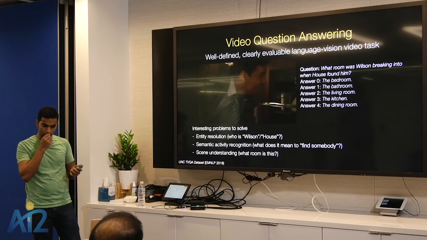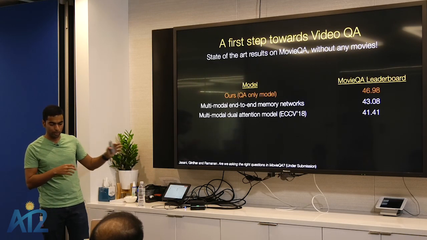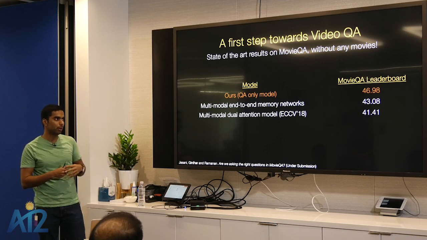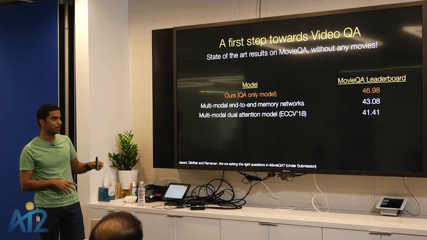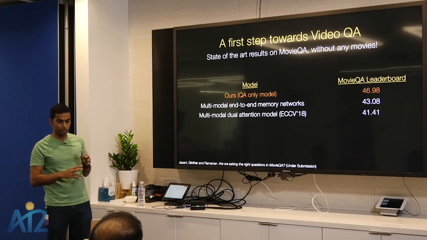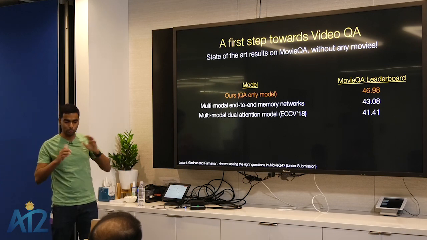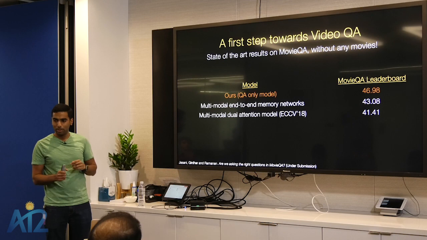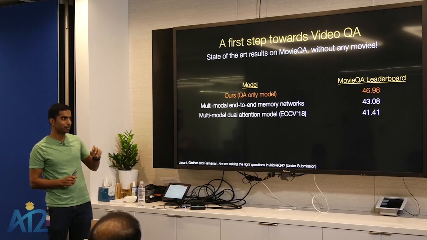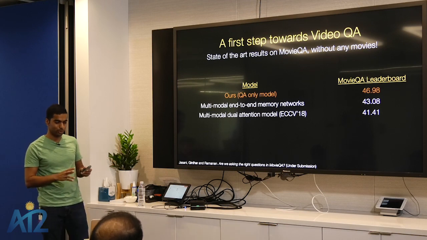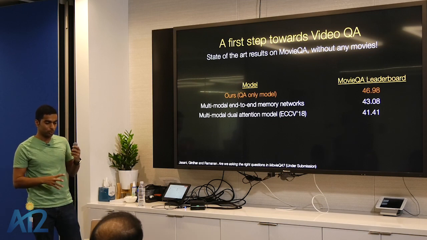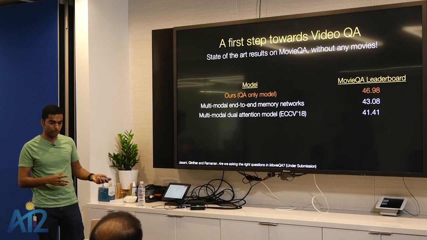And actually, I've been mentoring a master's student on some initial work in this direction, and we worked on the MovieQA dataset, which is an earlier version of the TVQA example I showed earlier. On this dataset, we were actually able to get state-of-the-art performance using a QA-only model without actually looking at videos. So, which is a little depressing, but hopefully the newer datasets are solving those issues. There are a lot of biases in these datasets, and I think it's important to be cognizant of that. So this is one direction that I'm interested in, language and videos.